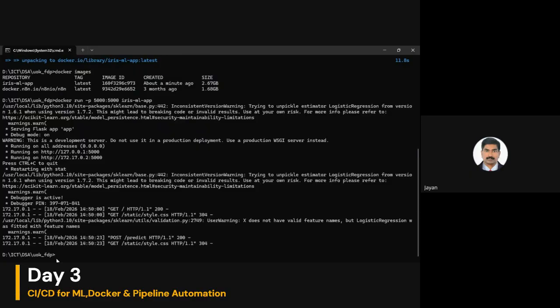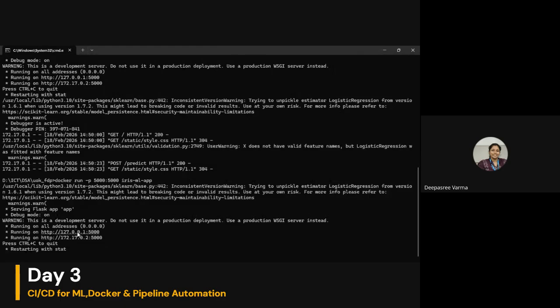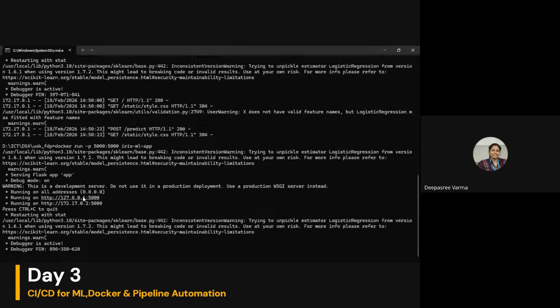If you want to stop it, just press Control-C, and it will be stopped. Next time, if you want to start this again, you just have to run docker run -p 5000 again. It will run, and you can click on this link and access the application again.